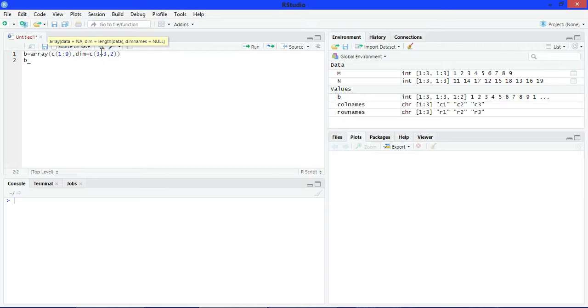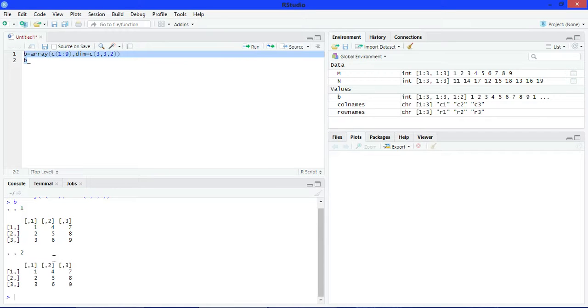Here the number of rows is 3, the number of columns is also 3 and the number of matrices is 2. Now print it. See, the output is 2 matrices of 3 by 3.